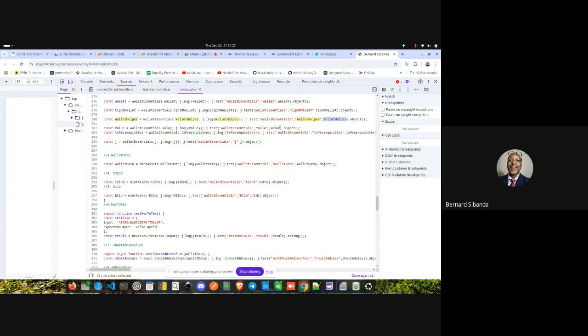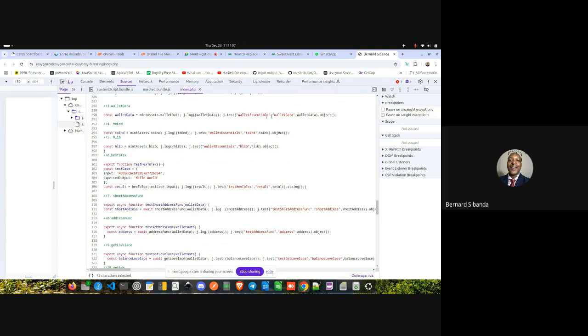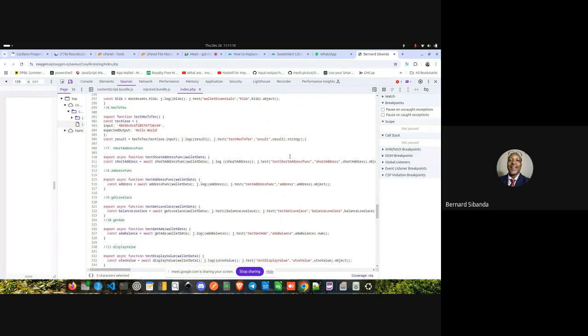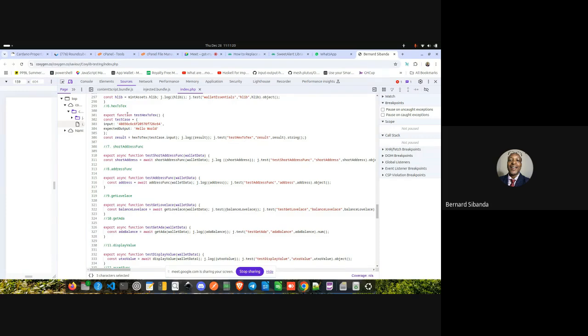And then here you're testing value. And here you're testing this. And what are you testing here? Data. Testing this TX end. And then hex to text. This is what the function does.